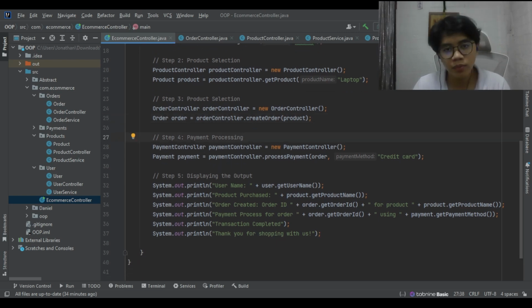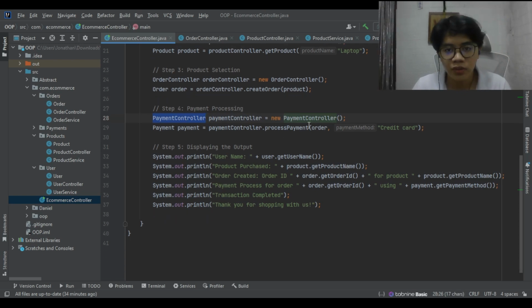Step 4, payment processing. Now that we have the order, we need to process the payment. Let's go over the payment part. In this line, we create an instance of payment controller, which handles the payment related actions. The payment controller communicates with the payment service to process the payment. Like other controllers, it passes the business logic to the service layer. And this line right here,